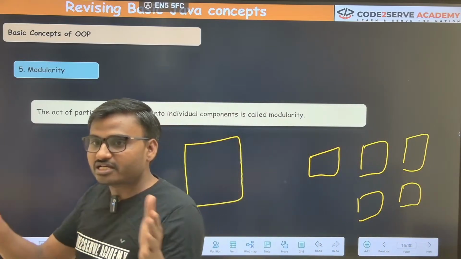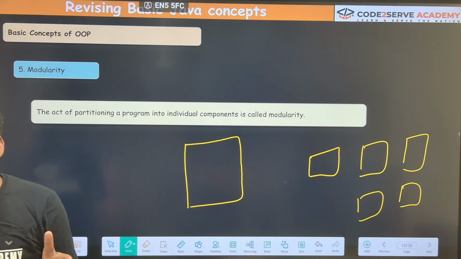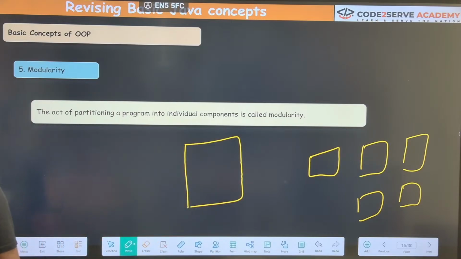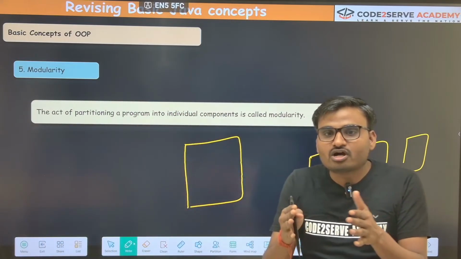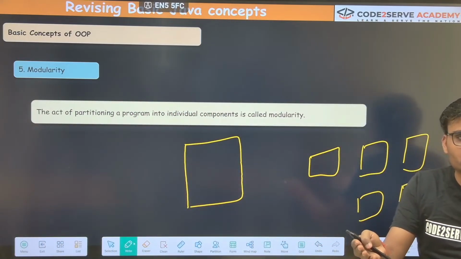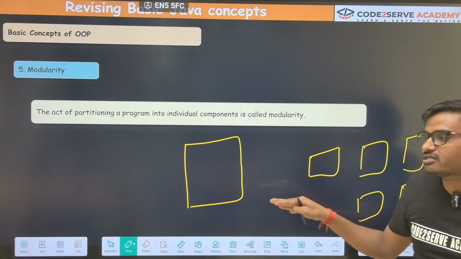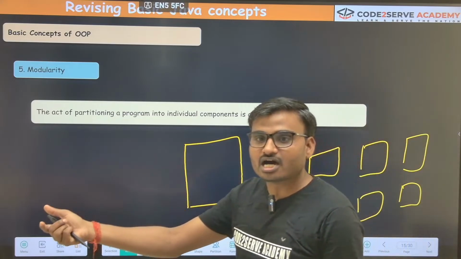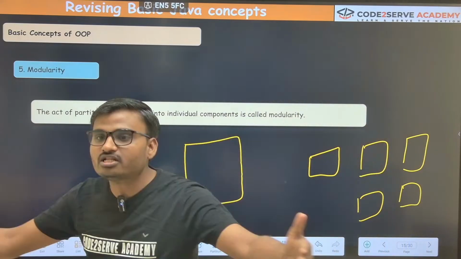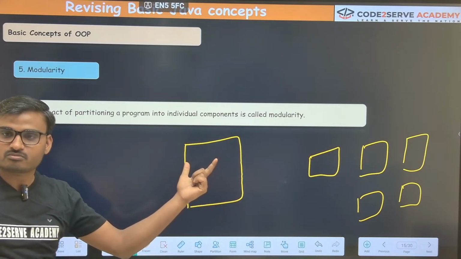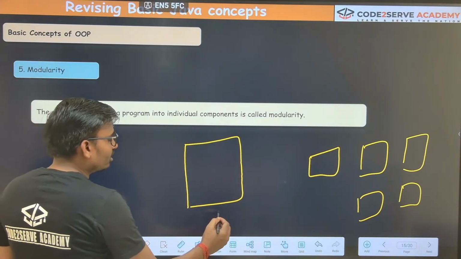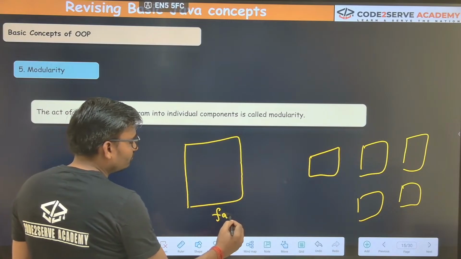If I tell you that you have to construct this whole building on your own, can you construct it? Never. So what will happen? You have to break the task and give it to different persons, and different persons will do different tasks. When all the tasks are done, you combine all of them and that becomes a full system, right?